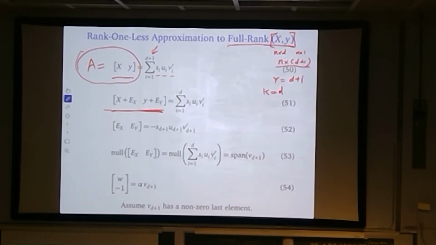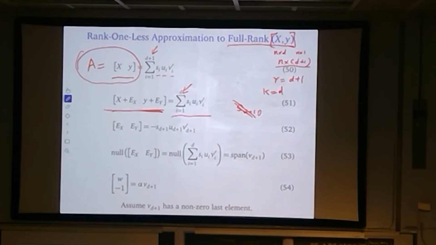The solution is the rank D approximation to it. According to the theorem, I'm gonna knock out the last singular value. I'm gonna knock this out to 0, and so I get rid of the last summation. That's the best approximation I could have. And now if I compare these two,